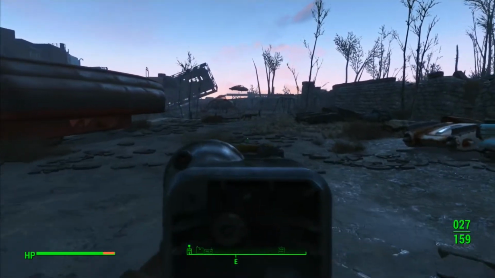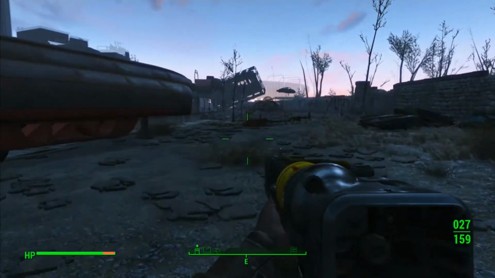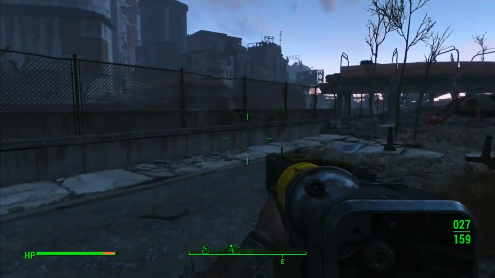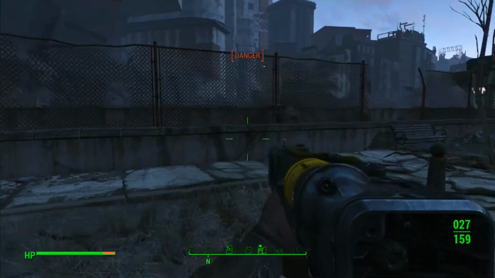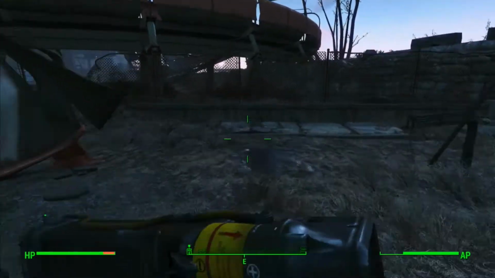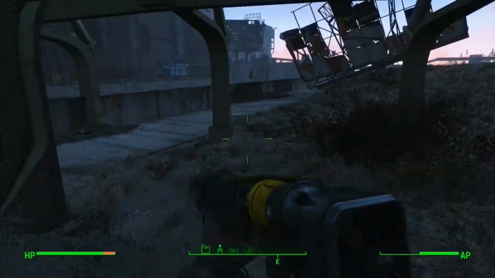And that car is floating in the air. There we go. I have the graphics set to Ultra, by the way, so I'm not sure why the draw distance is so